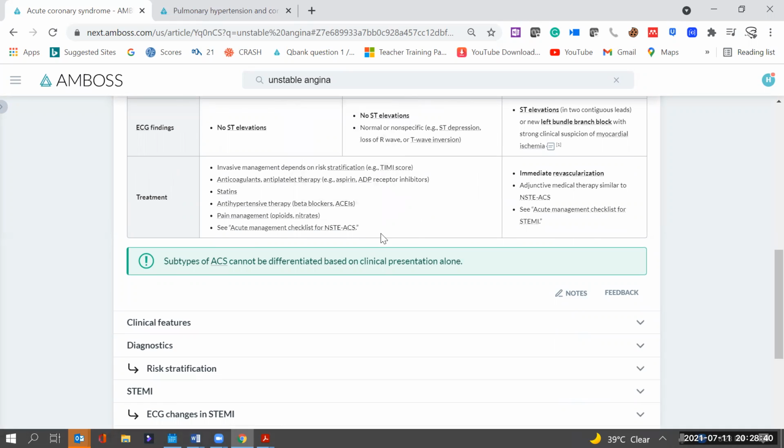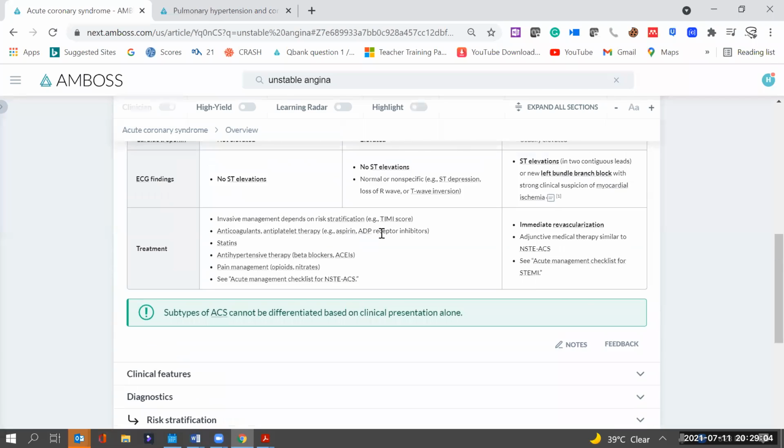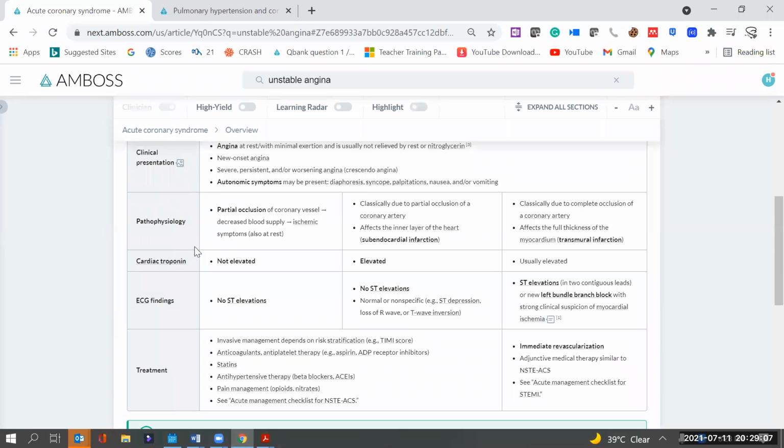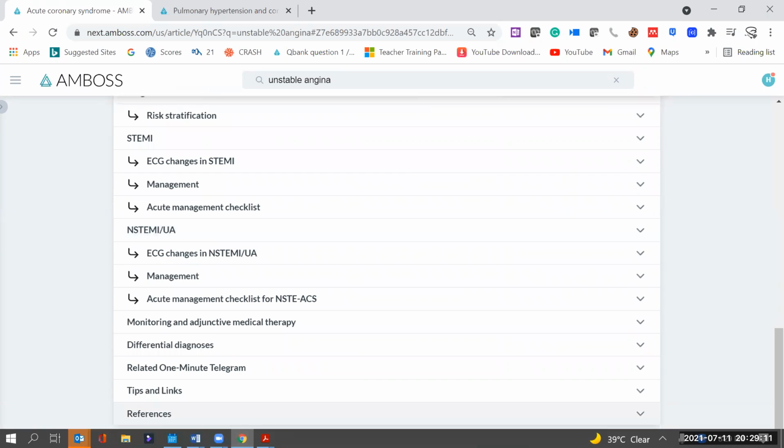So the most important thing which you're going to memorize here, always in your recall, in your MCQ, the patient will say something like this: the pain started during resting, while sitting on a sofa, climbing down the hill, not up, down the hill, or sitting inside the car, relaxing mode, and there's a chest pain. Always think of unstable angina. And when you go for the biomarker, of course, there will be a clue in the question. You will easily differentiate. So if we check the question here,